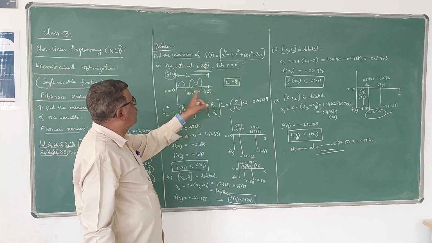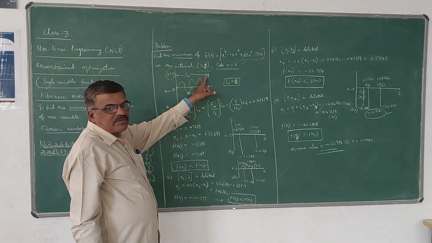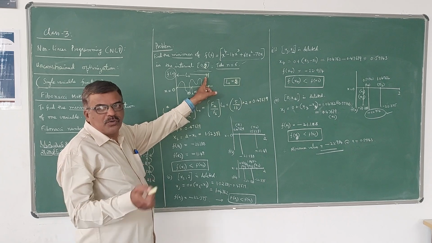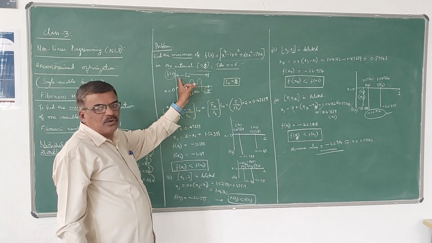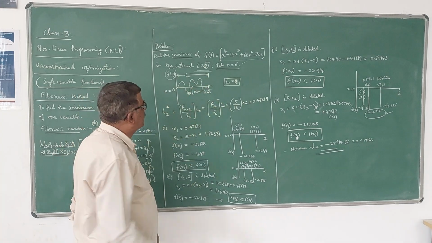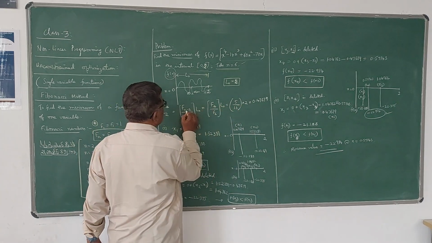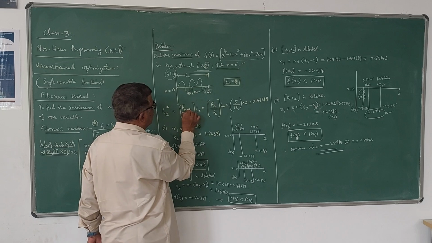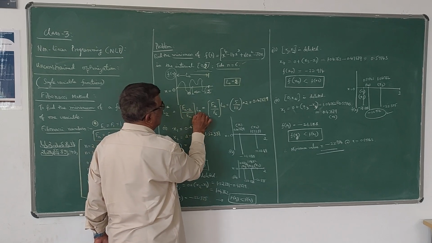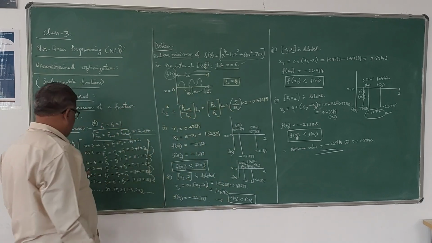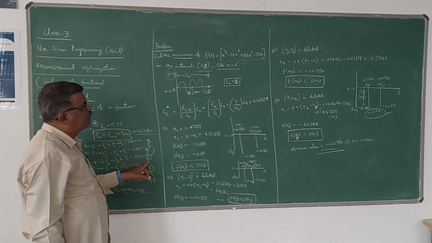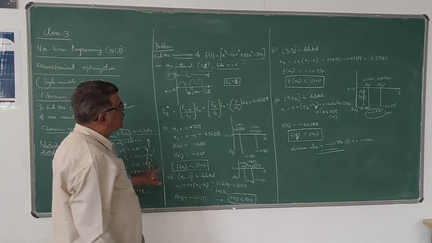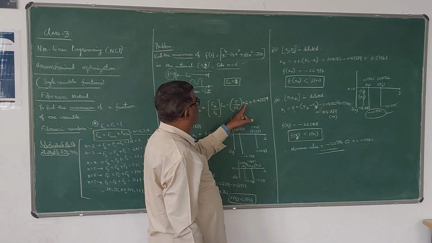So highest value is 2, lowest value is 0. So your x value lies between 0 and 2. Therefore your L naught is 2 minus 0, that is 2 only. So L naught is 2, whereas since n is 6, this becomes 6 minus 4, that is F4. F4 by F6 into L naught becomes F4, you know, it is 5. F6 is 13. So 5 by 13 into 2, which gives